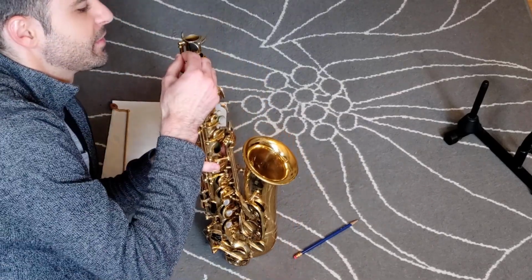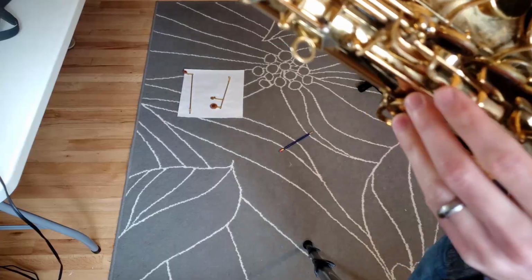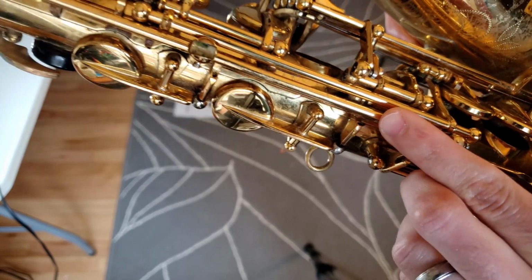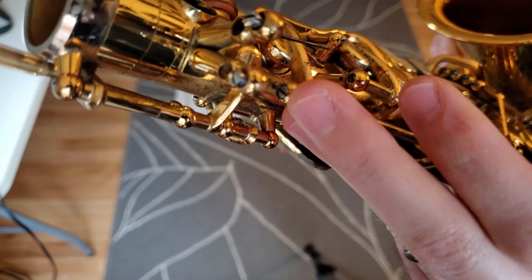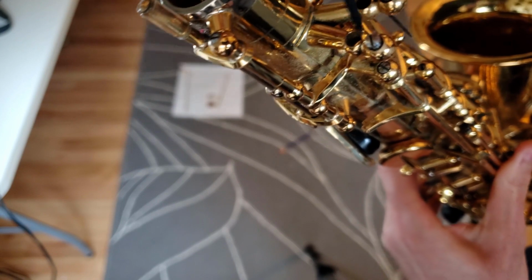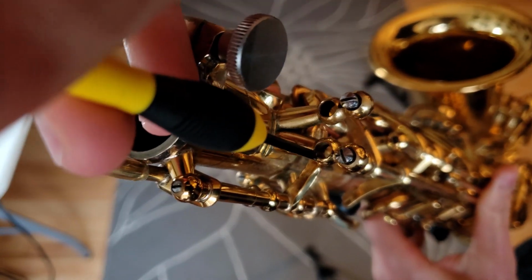Yeah, I'm putting that screw right back so I don't forget that's where it goes. Okay, now the E key lever right there connects all the way here, or the E key rod keeps going up. Sorry for the blur. So I'm removing that one right there. And this one, on my horn at least, I have to go through. There's a little hole up here that I have to go through with the